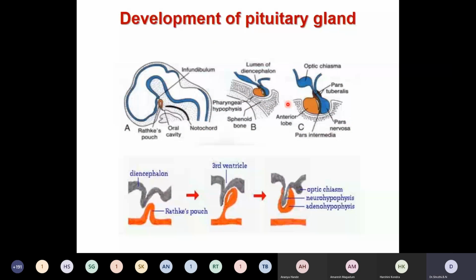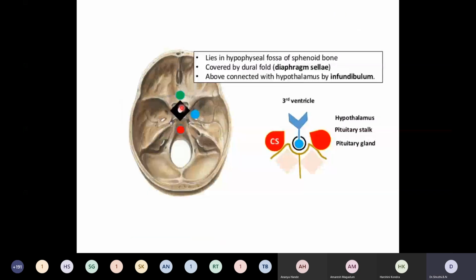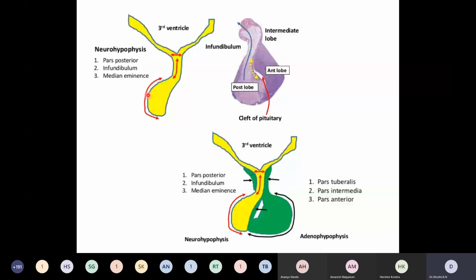The important, cutest and smallest structure of the brain is the pituitary gland. Even though it is small, you cannot assess its function by its size. It is situated in the sella turcica. You know that this is the place where the master of the endocrine glands is situated. That is the pituitary gland. It has two parts: the anterior lobe or adenohypophysis and the posterior lobe or